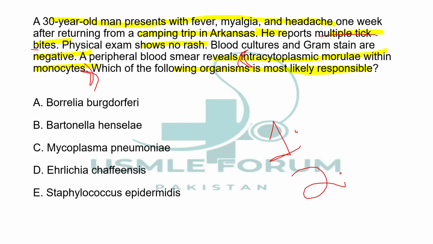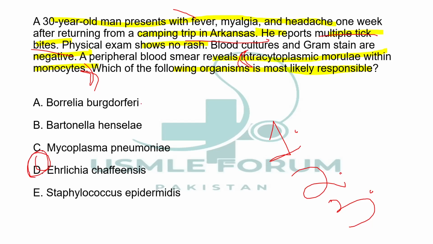So any description of a tick bite, or any hint of a camping trip in mountainous regions such as Arkansas, and clue number three, that there would be no rash. So these three clues would lead you to the diagnosis of Ehrlichia,